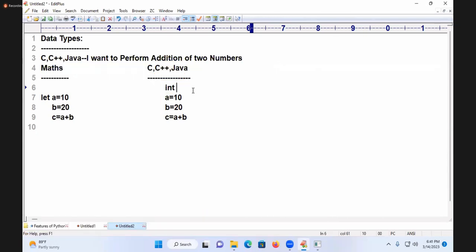Now I will write int A, B, C. These lines are called what? Variable declaration. What do you mean by declaration? You are telling your environment that A, B, C are variables whose memory space is to be created, of int type, so that I can store A as 10, B as 20, and the result is kept in